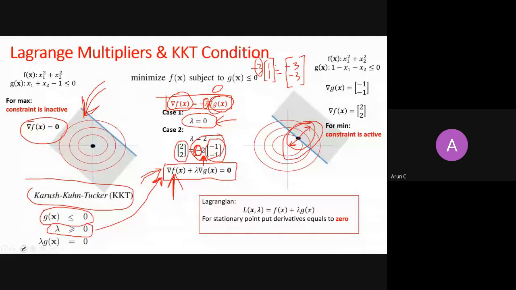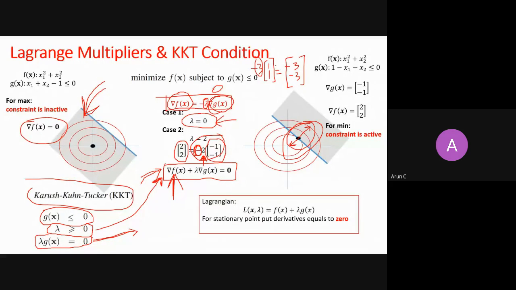And this is the most important condition. I think this is known as the complementary slackness condition. It says that if I multiply my lambda with my g(x), it is equal to 0 always. So let's see why this third condition holds. If my constraint is inactive, then my lambda is 0, right? So whatever g(x) is, if you multiply g(x) with 0, it will be 0. So when my constraints are inactive, lambda is 0, and it will make my first case true.